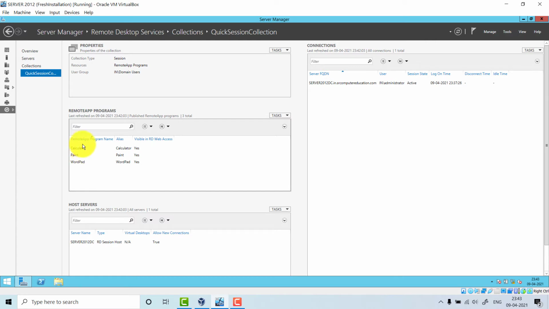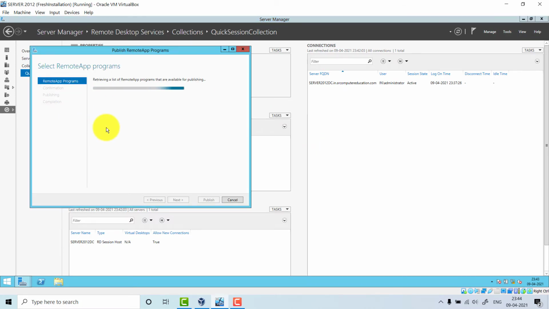What is happening actually, these 3 applications can be used by the client, and they can access these 3 applications on the server machine. As I told you before, suppose you need to play any media, suppose you need VLC media player, and in the client machine you don't have VLC media player. So we will install the VLC media player and make it available here. To make that available here, first of all, you need to install that VLC media player in our server 2012. So just download VLC media player in server 2012, install it, and after that go to task and publish remote programs.